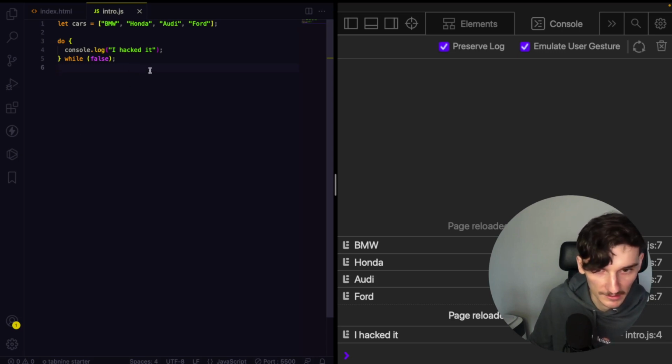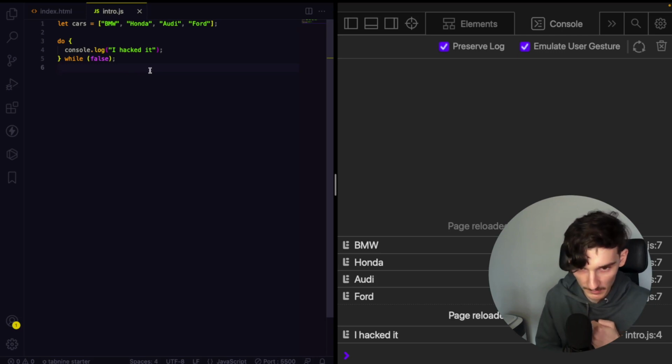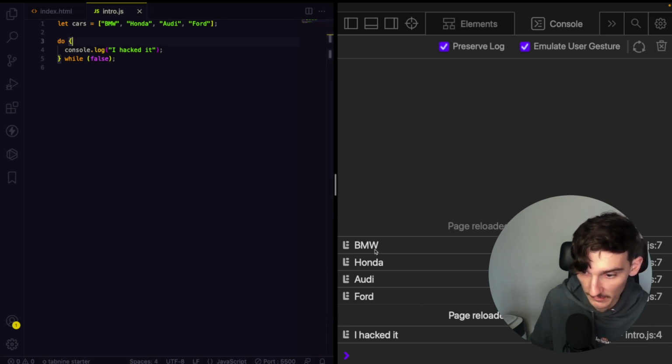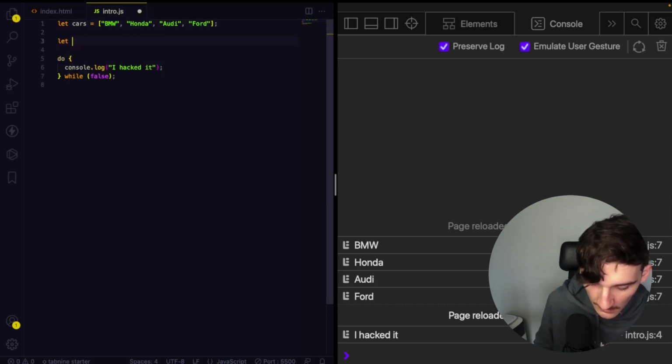It's needed in some conditions in daily coding, but I don't remember exactly when I used it previously, but it can be something to clean the code and very beneficial. So it's a very fundamental method, and I will try to achieve the same result as printing each element of an array with do while, and I will go with let i is equal to 0,